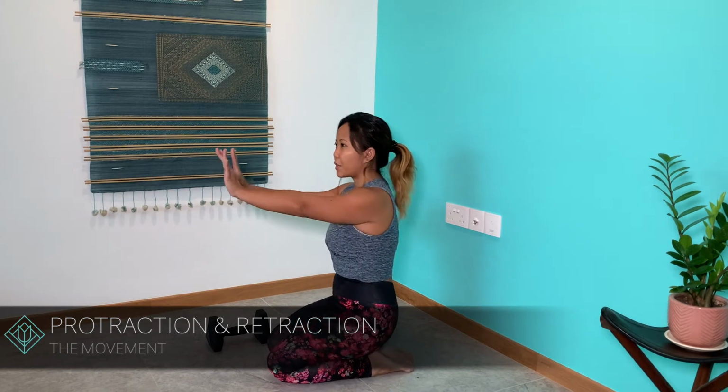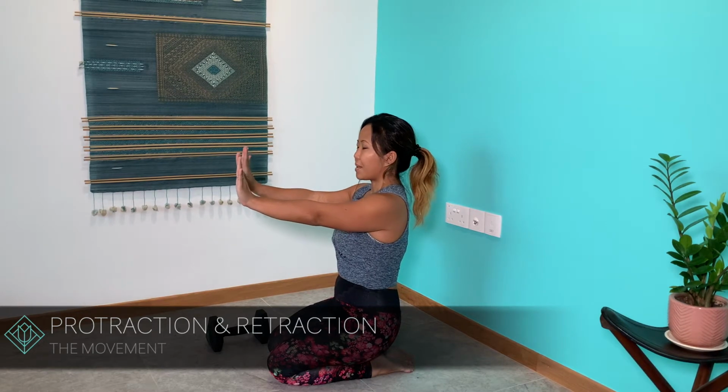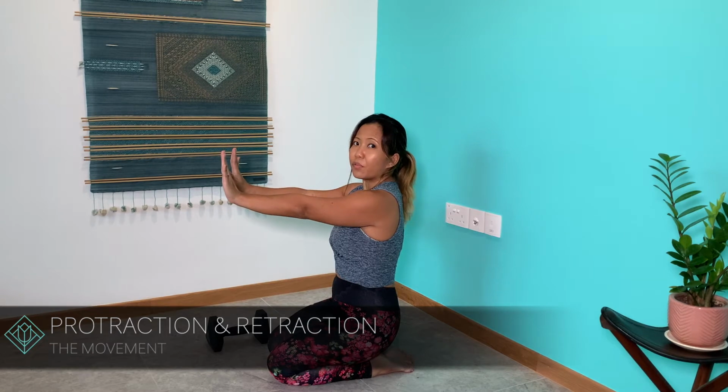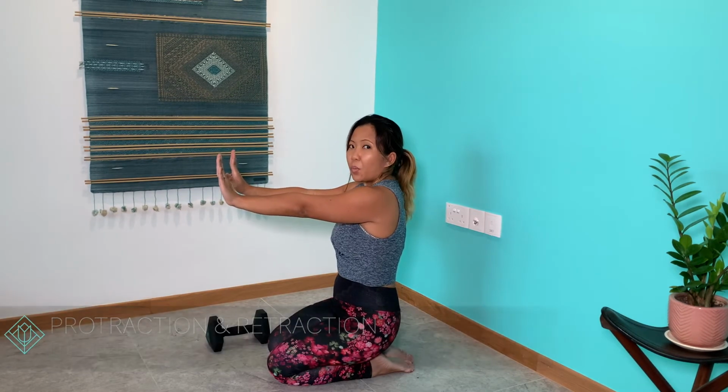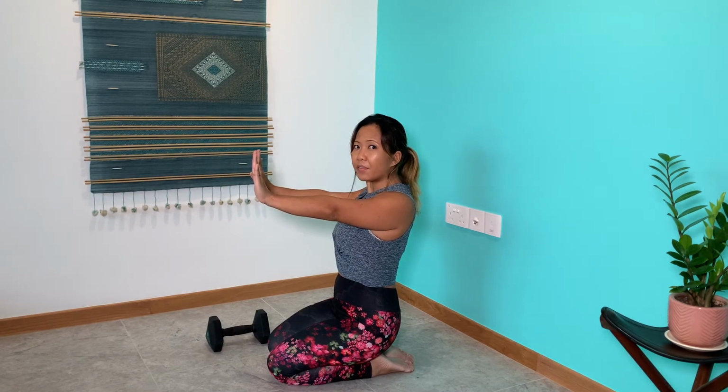In today's exercises, we'll be looking at protraction and retraction of the shoulder blades. So from a side view, protraction looks like this, right? The shoulder blades in the back of the body spread apart, and you see the top of the arm bones moving forwards in this way. Retraction is the opposite direction. We squeeze the shoulder blades together in the back of the body, and you see the top of the arm